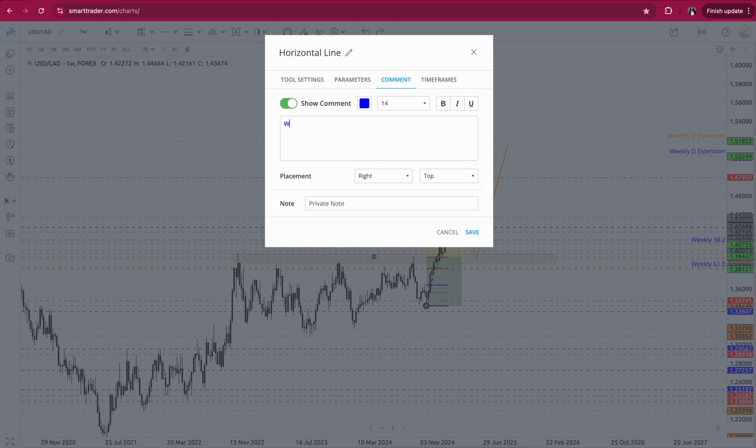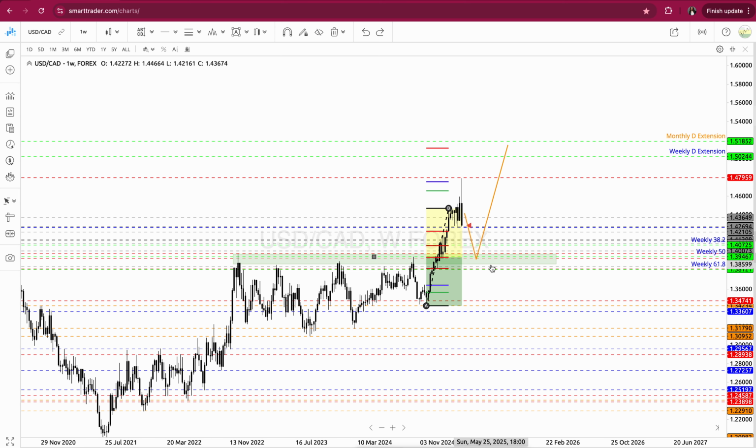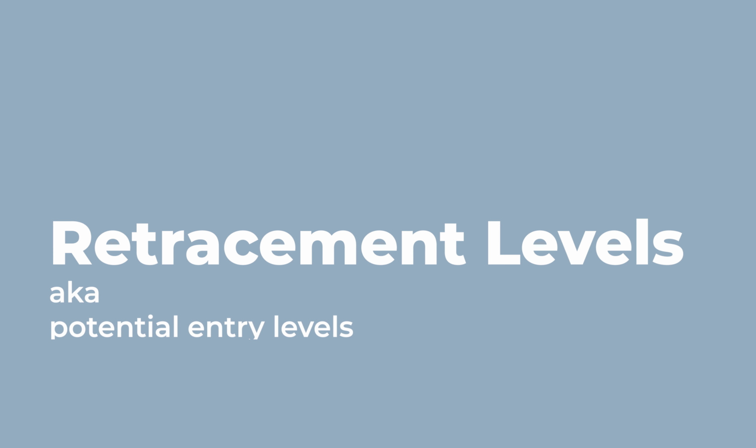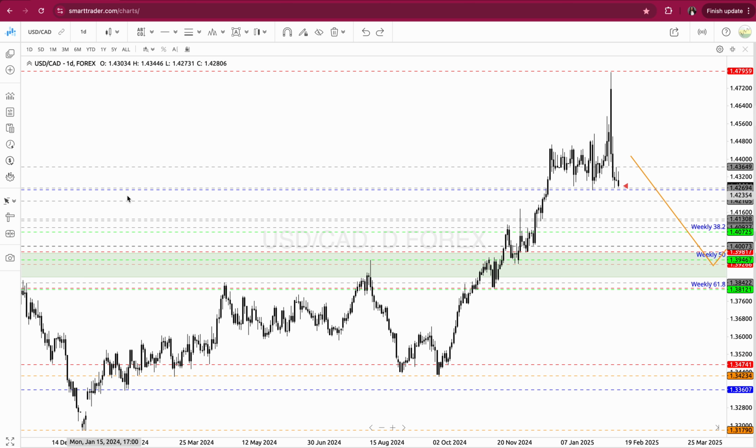And I'm going to do weekly 50. So these are retracement levels, aka potential entry zones. So I'm going to go ahead and delete this off, and I'm going to start working my way down. So on the daily, now that I know where I'm at on the weekly, I want to look to